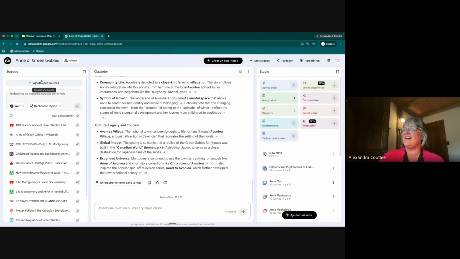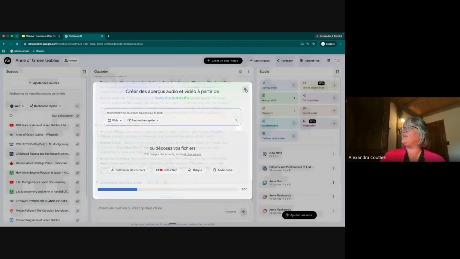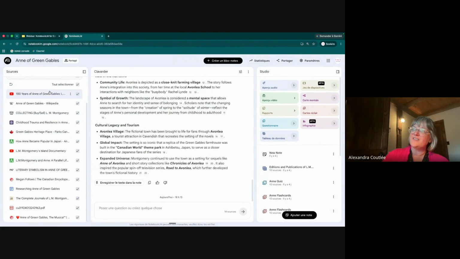So here on the side, we'll have add sources where you'll be able to click and add sources like I showed you before, and you can upload. And here is where you can use the deep research and switch it. I'll take a second after to switch everything to English. We just gave the same workshop in French, so now I'm doing Franglish, so that's why I should have switched it before.